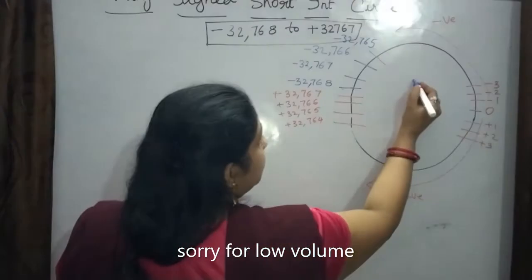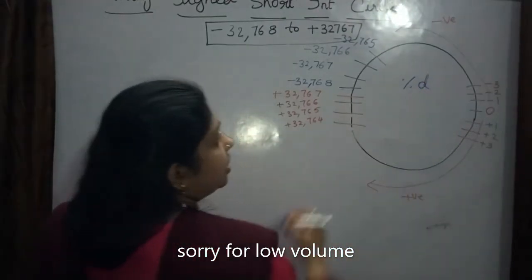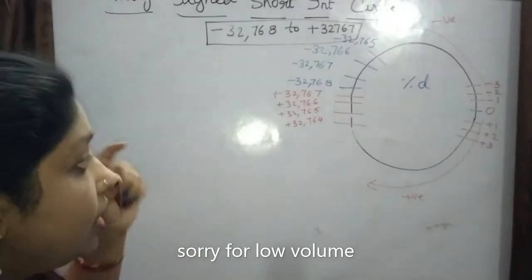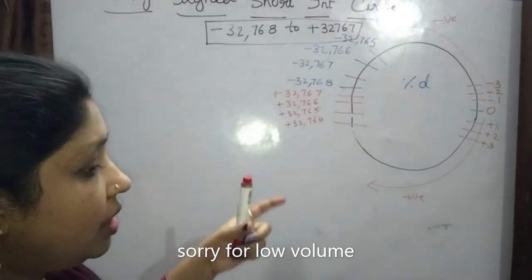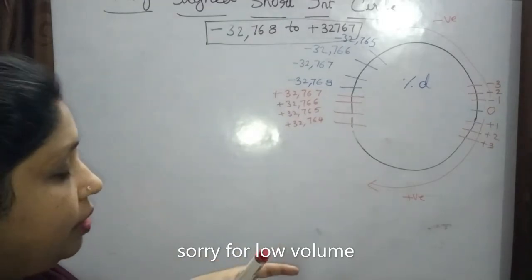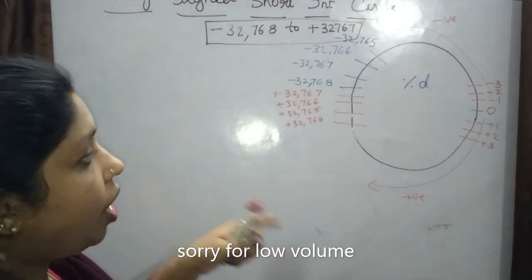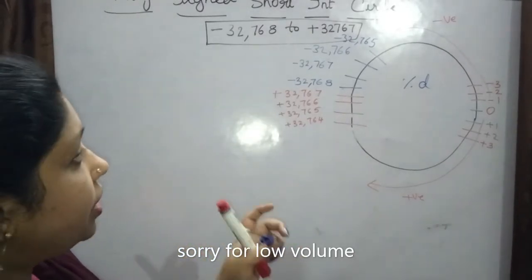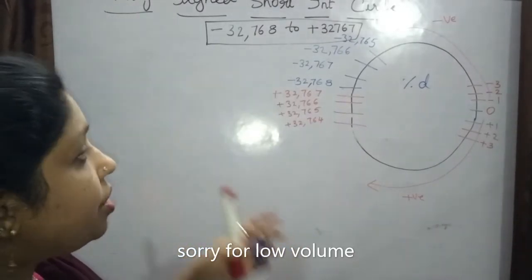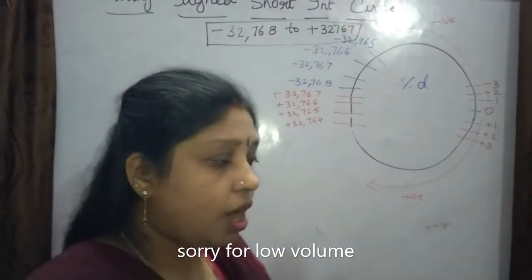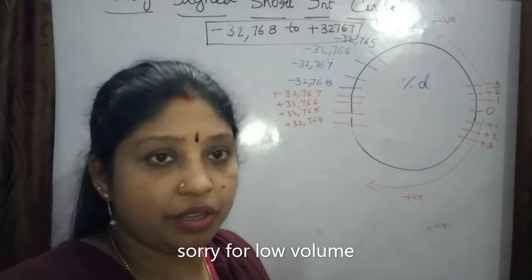The format specifier for this is %d. So I think you have understood the circle, in the programming, how they have designed the signed short int circle. Okay, now from this I am going to explain how the values are retrieved and how